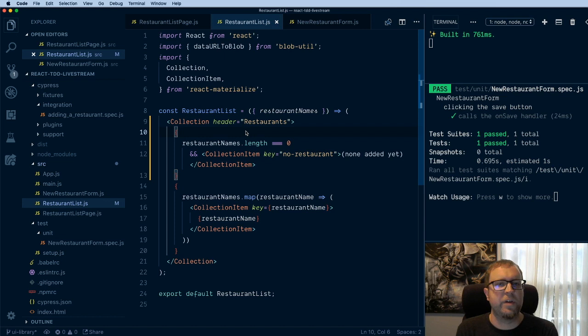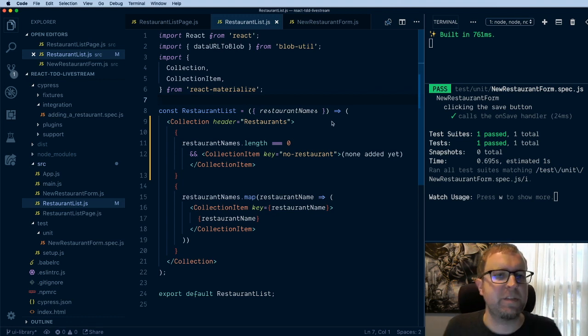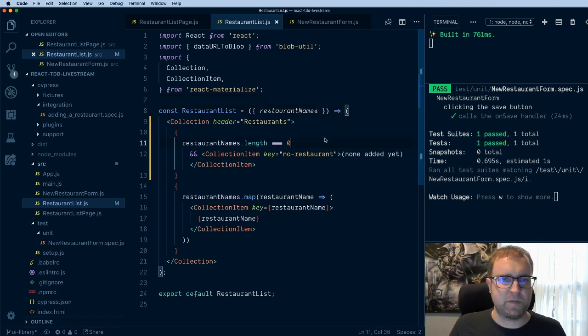Interesting. So let's think through here. Maybe, y'all, I work in Vue.js day to day, so maybe it's obvious to y'all who work in React more how you might do this. We could add the none added yet to their list of restaurant names, but that kind of makes it function a little bit differently. This isn't going to be the cleanest in the world, but I think what I'm going to do is do this. We'll say if restaurant length is equal to 0,